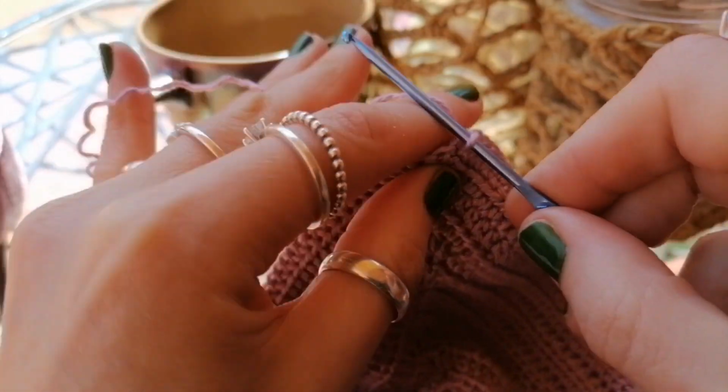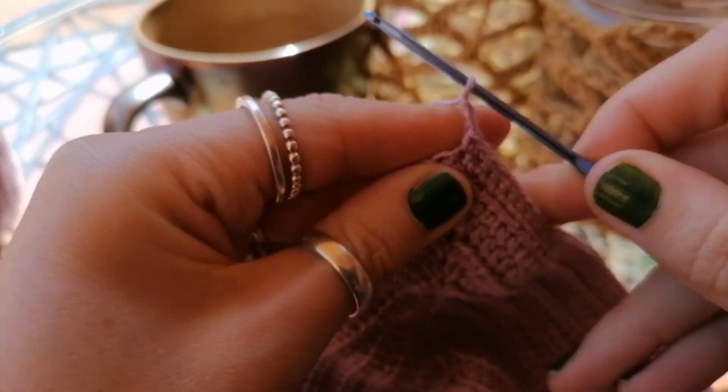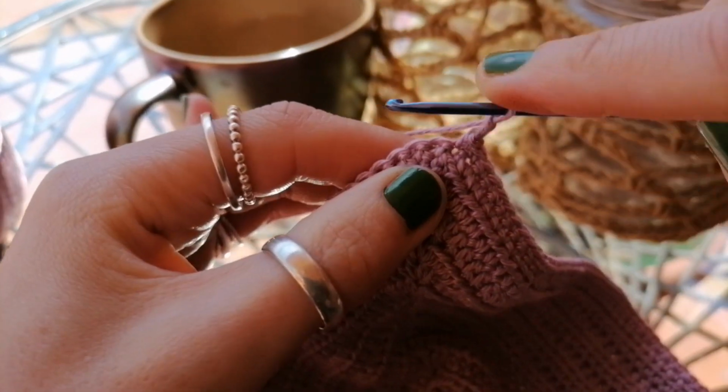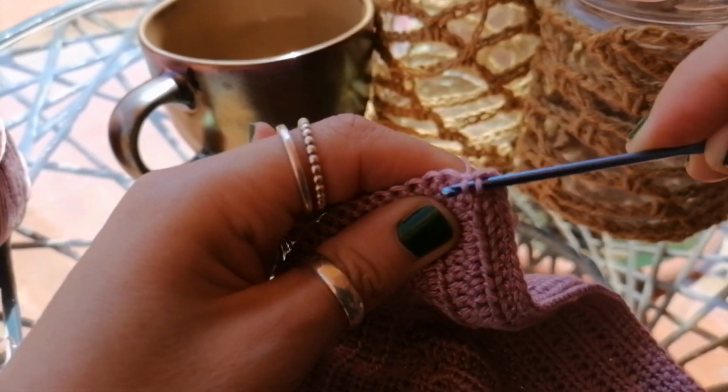what I'm going to do now is put in 2 chains, so 1 and 2. Actually, no, let's do 3 chains. No, just do 2 chains, sorry. 2 chains, and then right into the next stitch just there, I'm going to put my first single crochet,